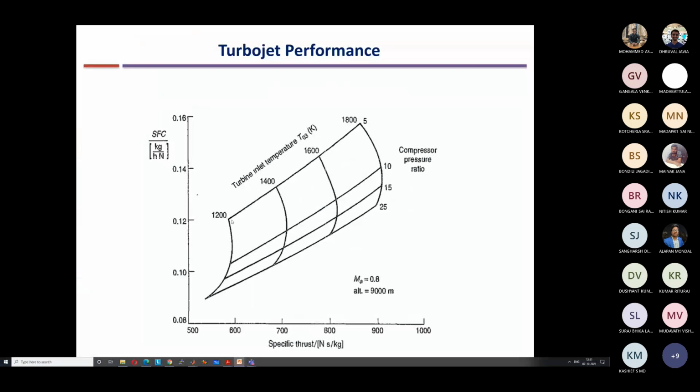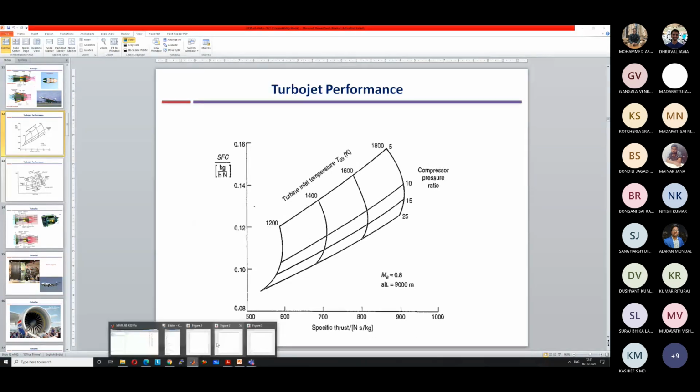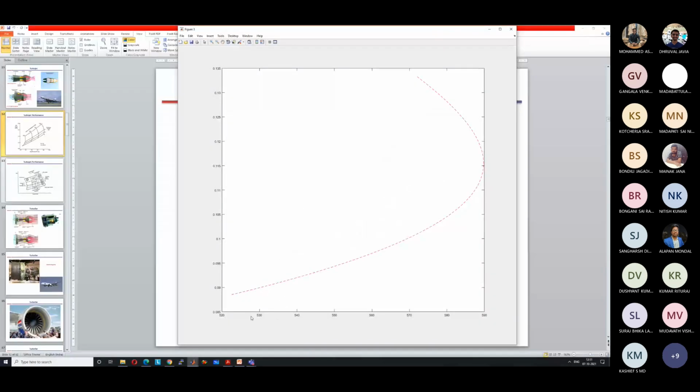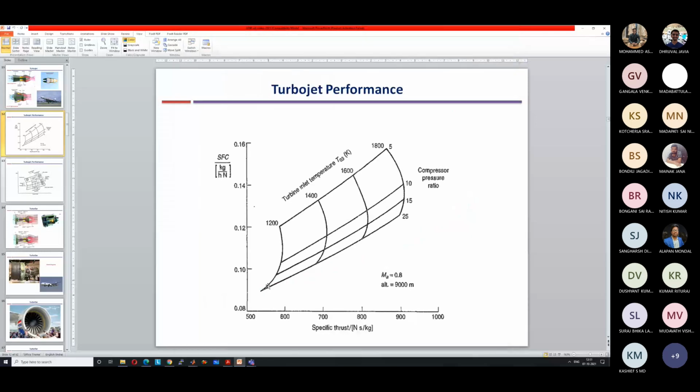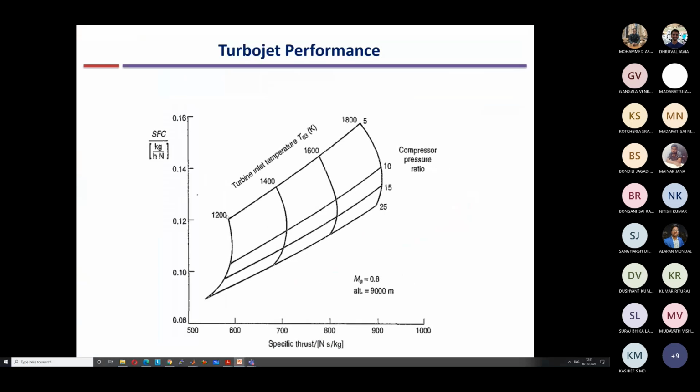What I have just shown, you can assume that this is one of the curves, like say this curve. It looks much flatter here because the axis properties are different, but look at the values. It is between 500 and 600, and going from say 0.09 to somewhere around 0.12. Our values will be in the same ballpark because these inlet conditions will be different. Ours is also going from 520 to 590 and from 0.09 to 0.13. So this is the same curve as the curve that you are seeing here, this one curve. This is for 1200 Kelvin turbine inlet temperature.